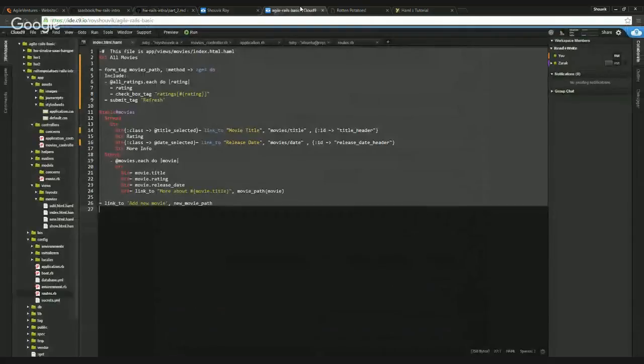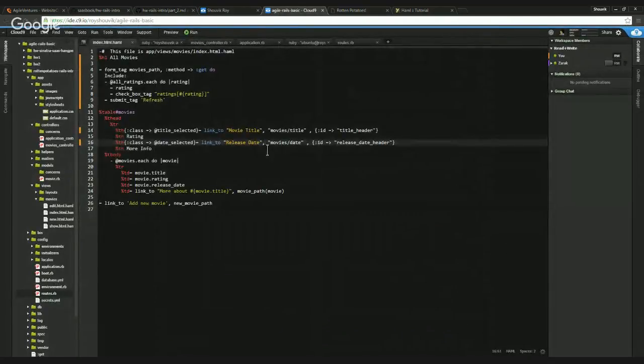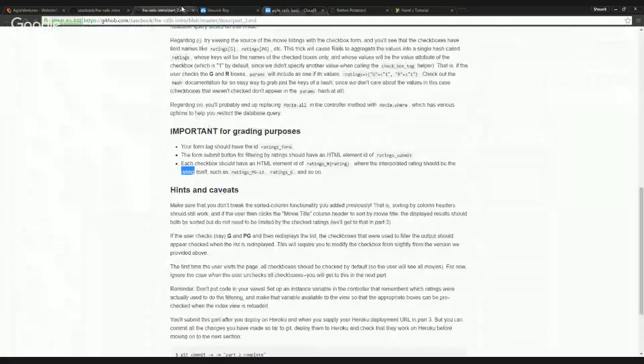Sorry, Cloud9, not CodePen. Yeah, I see it. Okay. So